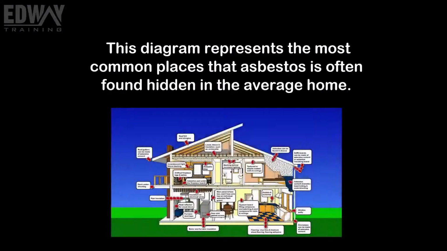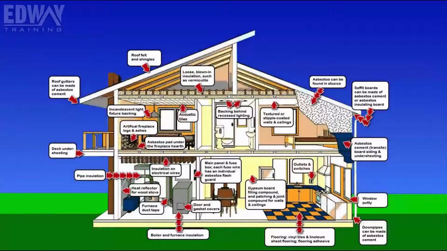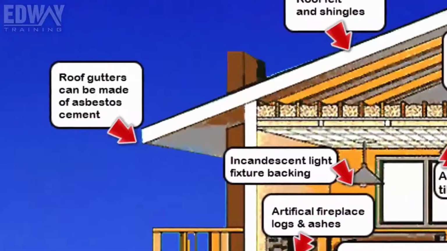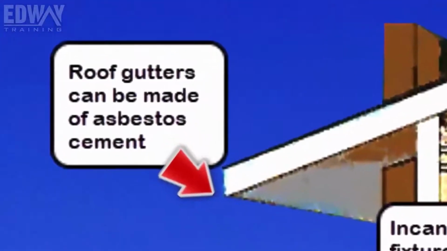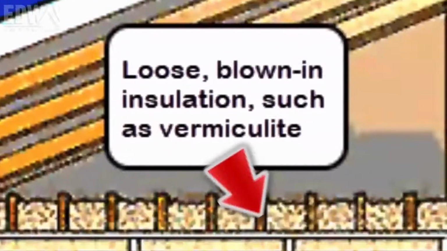This diagram represents the most common places that asbestos is often found in the average home. Roof gutters can be made of asbestos cement, roof felt and shingles, loose blown-in insulation such as vermiculite, acoustic tiles, incandescent light fixture backing,